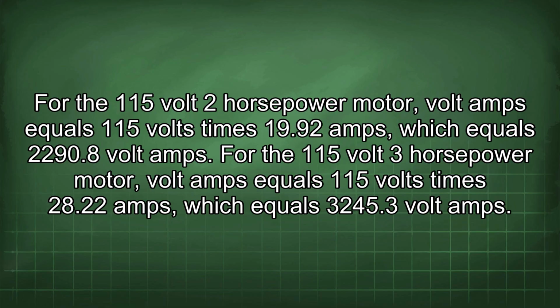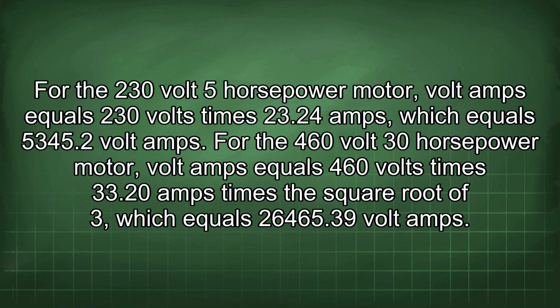For the 115 volt 2 horsepower motor, volt amps equals 115 volts times 19.92 amps, which equals 2290.8 volt amps. For the 115 volt 3 horsepower motor, volt amps equals 115 volts times 28.22 amps, which equals 3245.3 volt amps. For the 230 volt 5 horsepower motor, volt amps equals 230 volts times 23.24 amps, which equals